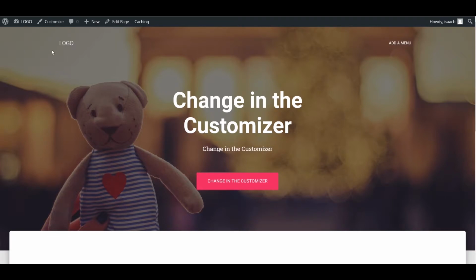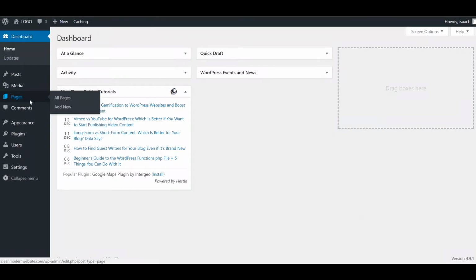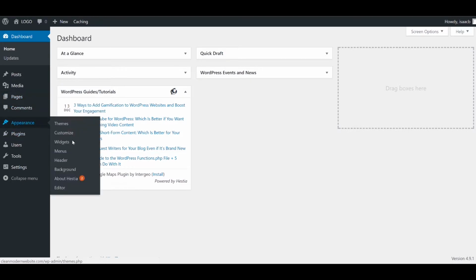So the next thing you're going to want to do is go back to our dashboard again, and what we're going to do now is install some of the recommended plugins that are used to make this work, that are used for this theme. So you're going to go to Appearance, and then About Hestia here, and it'll have two little notifications, and you'll see why in a moment. So you're going to hit there, About Hestia,